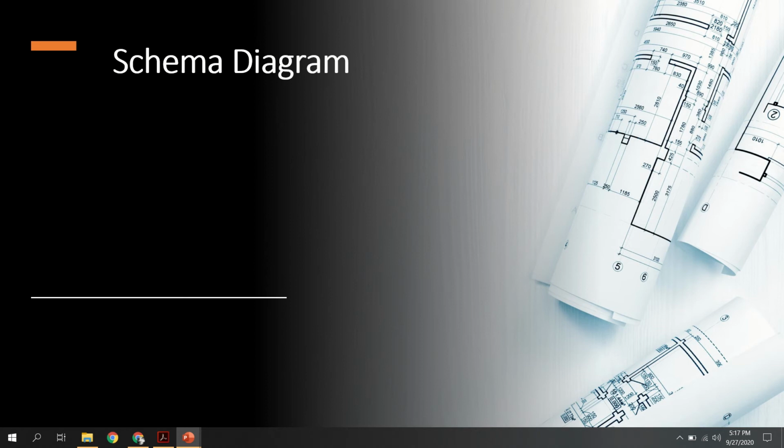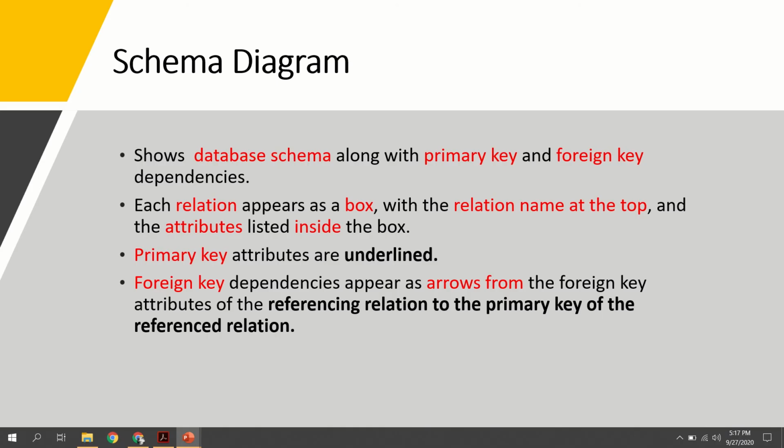Now we are going to study about a particular topic which is called a schema diagram. The schema diagram is somewhat similar to the ER diagram. We studied the ER diagram, which mainly helps us to understand an ER model, that is, a database in which we use different graphical representations, concentrating on two main points, entities and relationships. But here the schema diagram is mainly used in the relational model in order to understand the structure of a database.